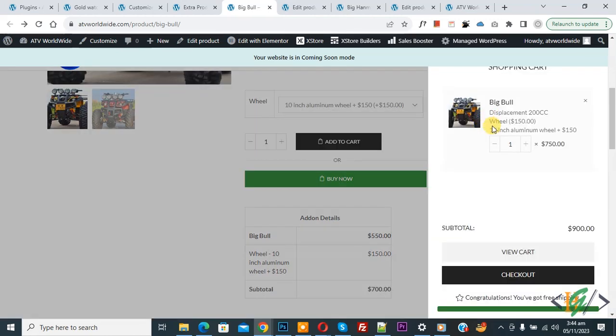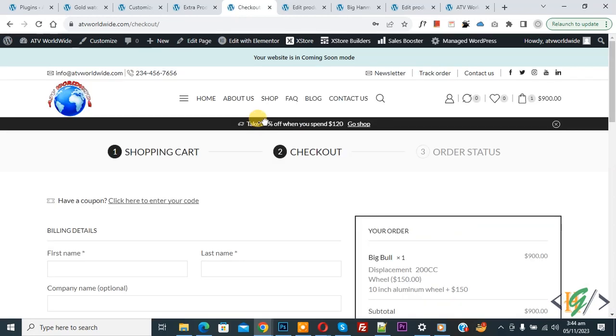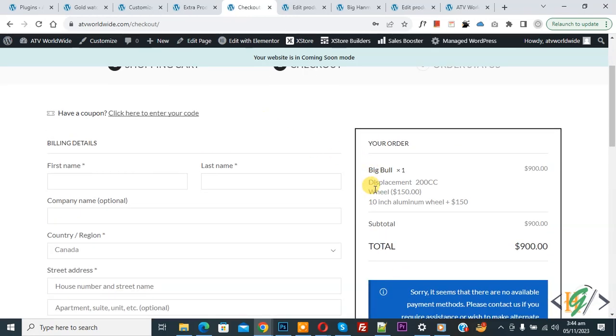Now add to cart opens. And then you see total price 750. So click on Checkout. Also in checkout you see the description with add-ons detail. Now you see wheel 150, 10-inch aluminum wheel. So in this way you can add extra product option with price in single product page in